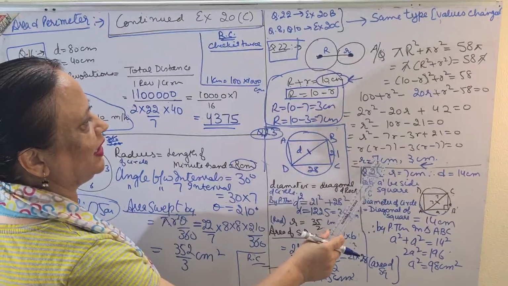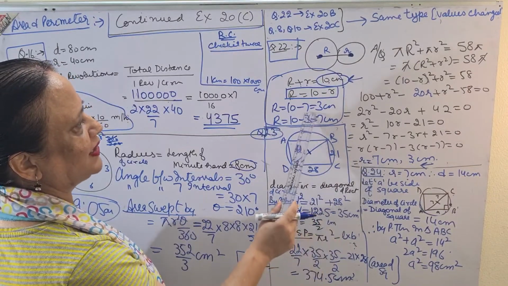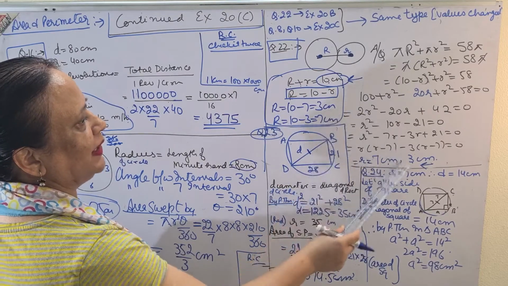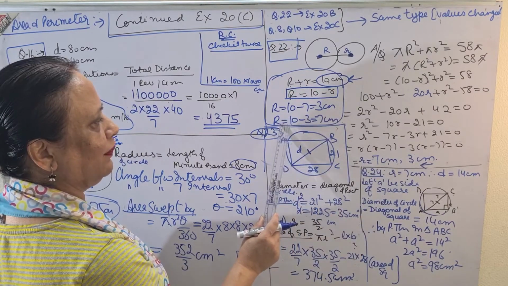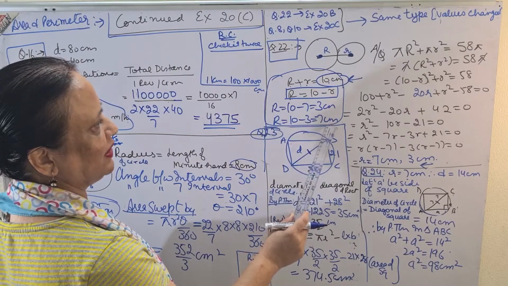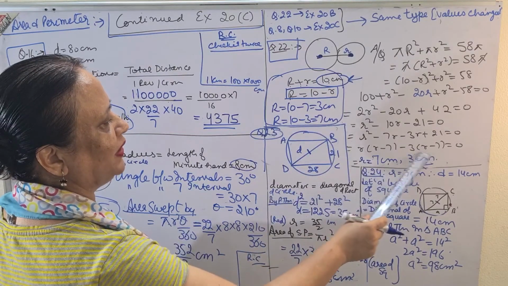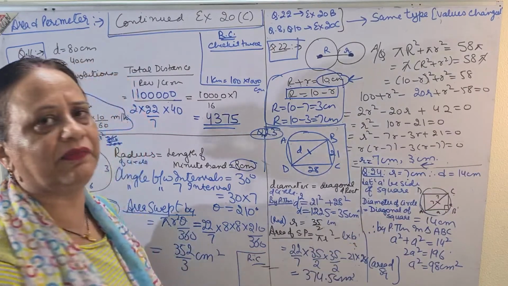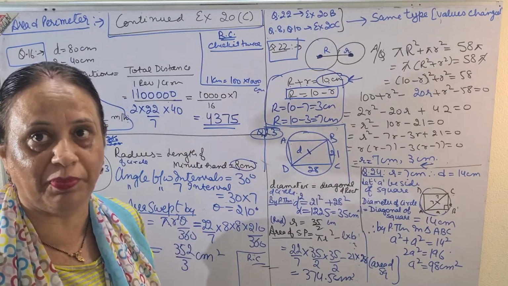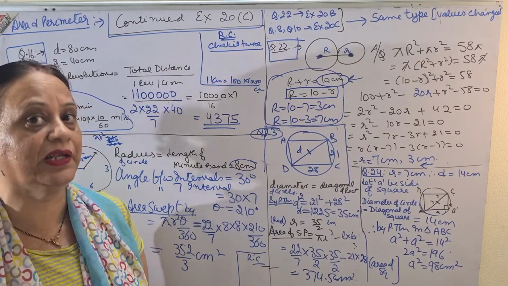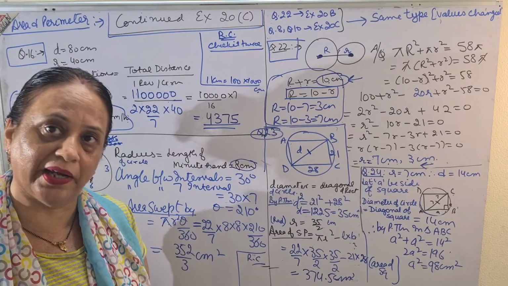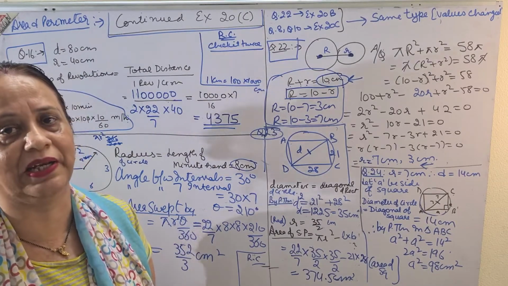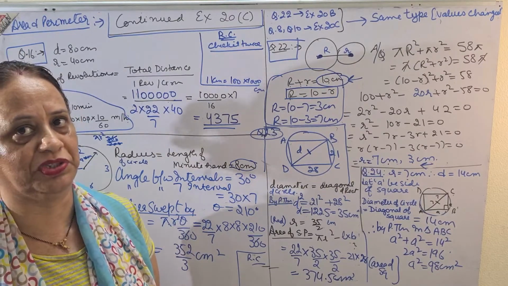See, r is 7 centimeter, so once I have taken r as 7, then capital R will be 10 minus 7, that is 3 centimeter. Second case, I took r to be 3 centimeter, then capital R will be 10 minus 3, 7 centimeter. So if one of the r comes negative, then you will write at the side, negative is not possible because radius cannot be negative. Please mention the reasons. If you do not mention the reasons, again marks will be cut. Please mention the formulas, do the calculations again and again, and then you complete your question.